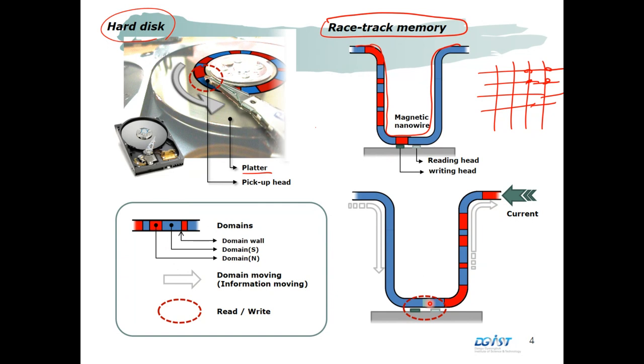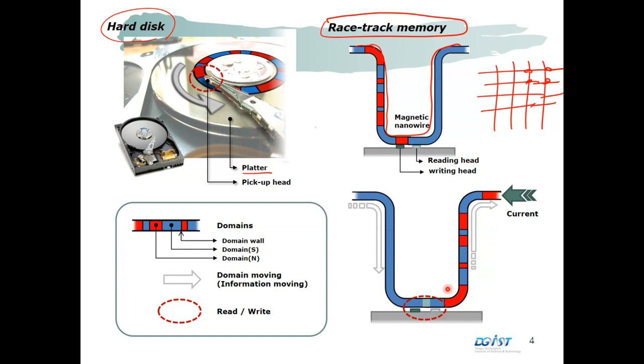So the main advantage of this racetrack memory concept is somewhat similar to the hard disk drive. We can replace the mechanical moving part by a solid state moving part. That's the big advantage. We can reduce the device size, but we can keep the high capacity density of the